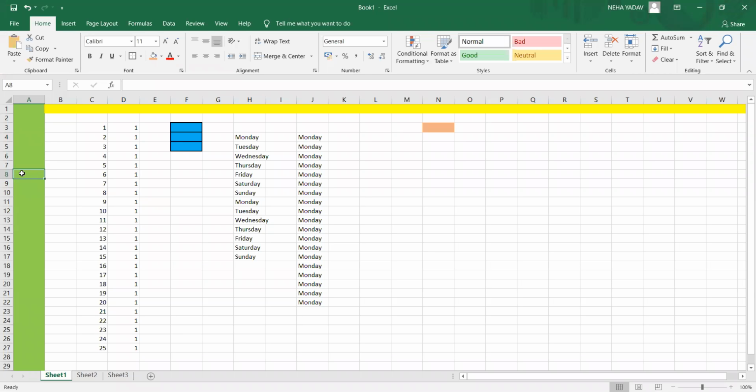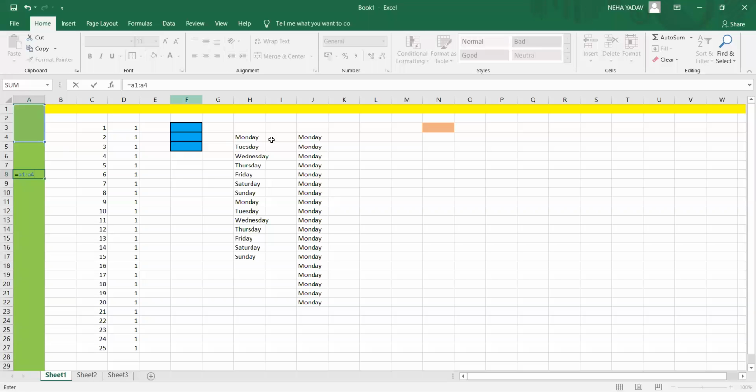Now I can write here an equals sign, which is the way of writing any formula in Excel. If I am writing A1, you can write capital or small, then you need to write a colon, and then you can write A4. Now you can see this blue colored line has come. Why has it come? Because this is a range. A range shows the continuous cell locations. So I have just defined a range where I have written A1 to A4.